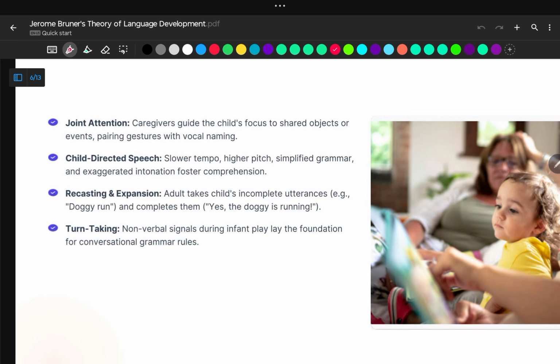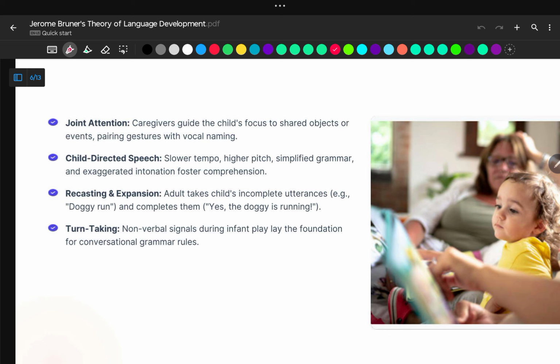For example, a child named X sees a doggy running on the road. He or she is not able to comprehend the total action that the dog was doing. Instead, he says in short form, "doggy run." That is the two-word stage. It means the child is at the two-word stage, and the adult with him completely understands